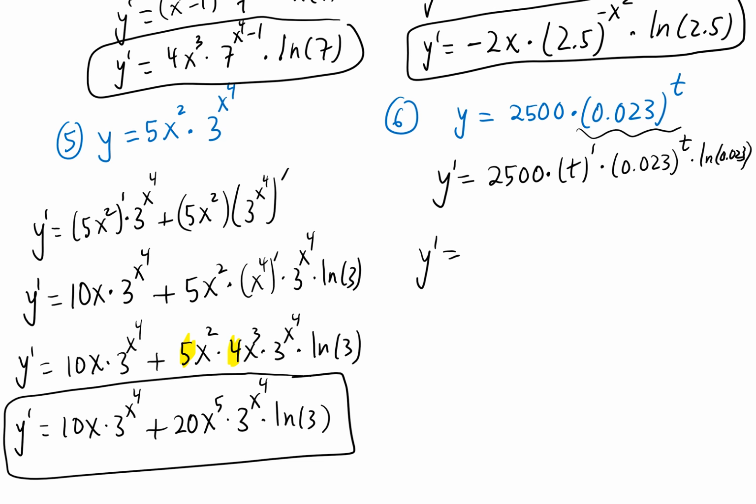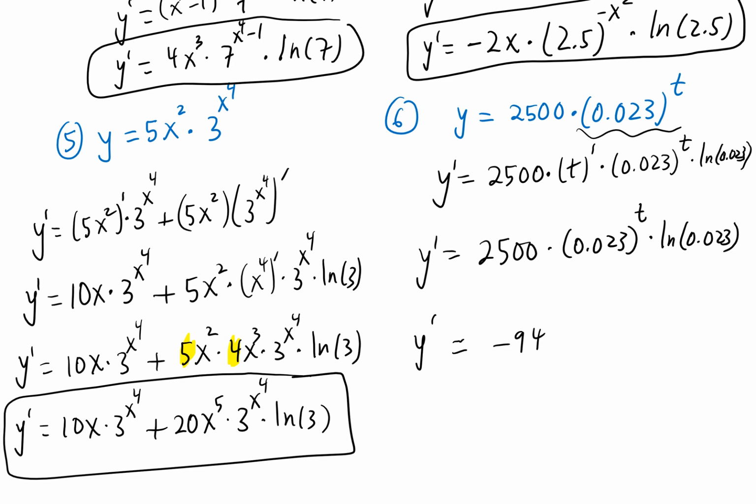Y prime would be derivative of t is 1, so that gives us 2500 times 0.023 to the t power times natural log of the base. You may leave it like this, or if you like, you can multiply the 2500 by natural log of 0.023, and that would give us